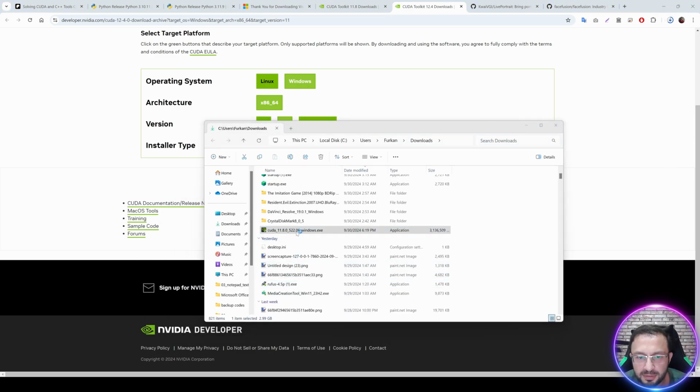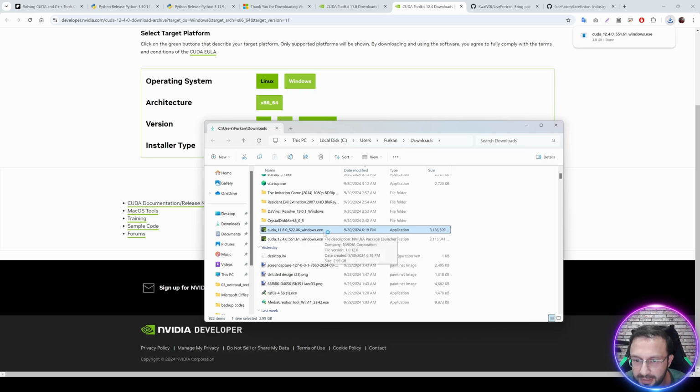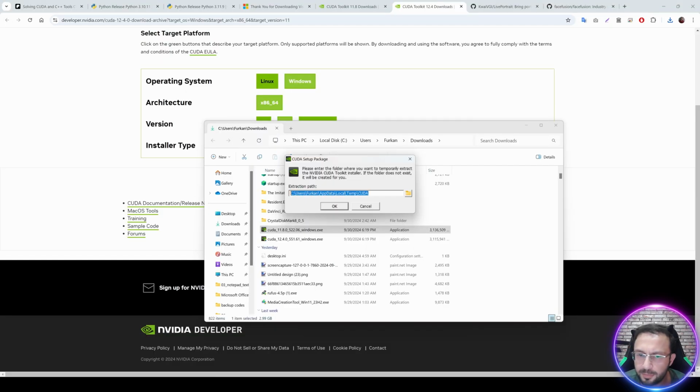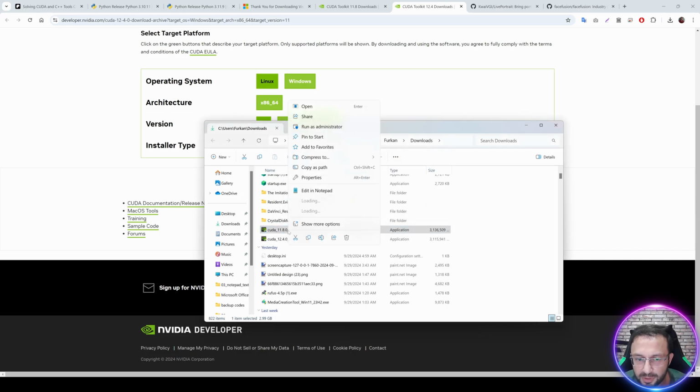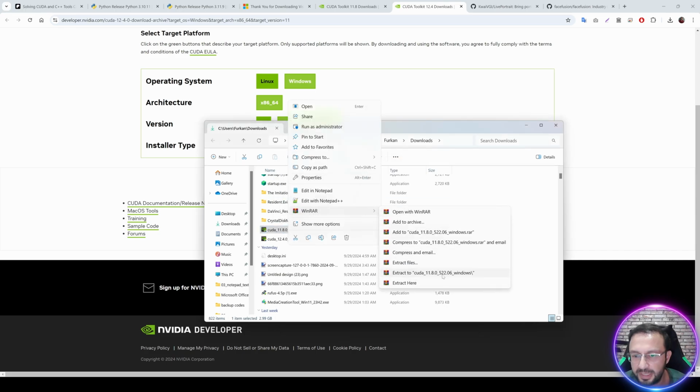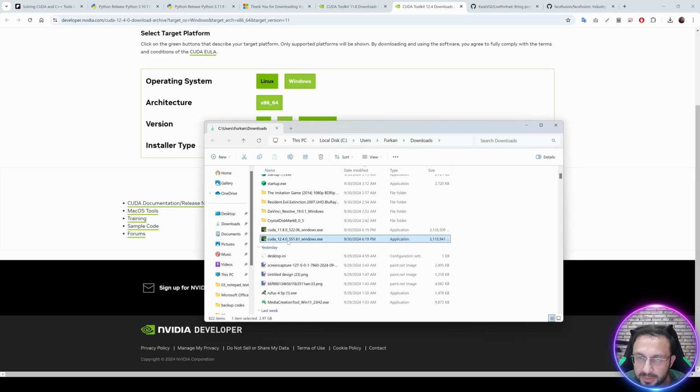It is here, double click it. Alternatively, you can click and hit enter as well. It will ask you permission, click yes. Then it will first extract it into this temporary file. If you want to delete this later, you can change this path, like here, let's say C. This is not mandatory, but let's say C temp, C CUDA temp. Okay, it will extract that, then it will start installation. If you have WinRAR, you can also right click and use WinRAR to extract and then later delete it. I will install the CUDA 12.4 that way.